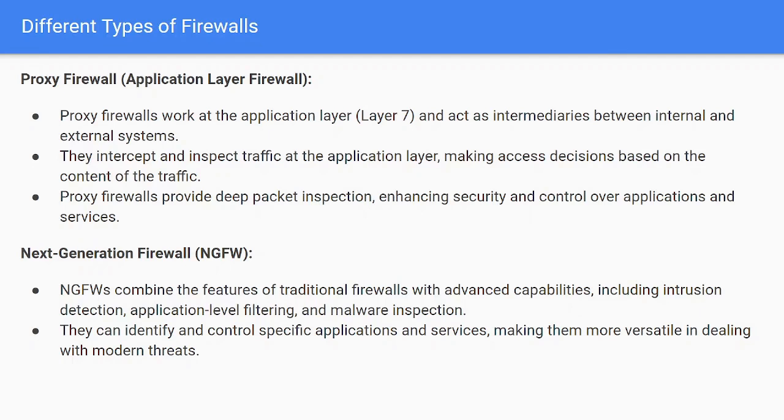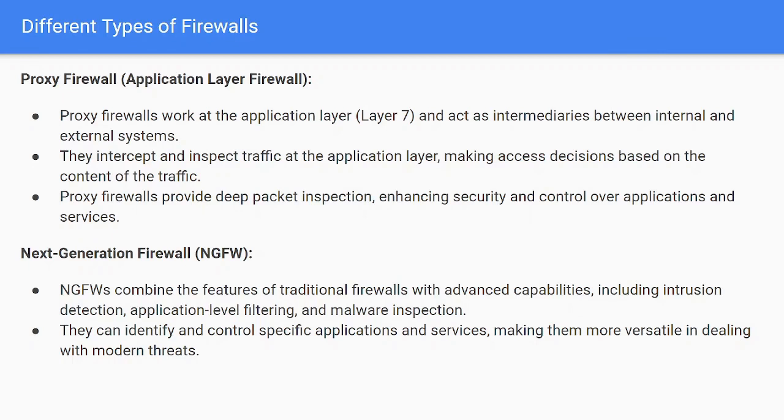So this basically means that it's doing a more in-depth inspection of the packets. It does a deep packet inspection so that it can enhance the security. So while the stateful and packet filtering firewalls happen in layer 3 and layer 4, this proxy is happening in layer 7, you get. The next point is